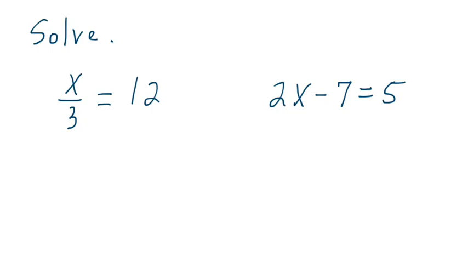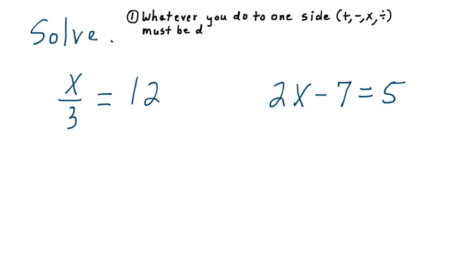So this first equation on the left, x divided by 3, or x over 3 equals 12, is a one-step equation. It's only going to take us one step to solve this. In fact, remember we said the goal whenever we solve equations is to isolate x on one side or get x by itself. And we're going to use two principles to do that. The first one here is whatever you do to one side, add, subtract, multiply, or divide, must be done to the other side. And the second principle we're going to use,